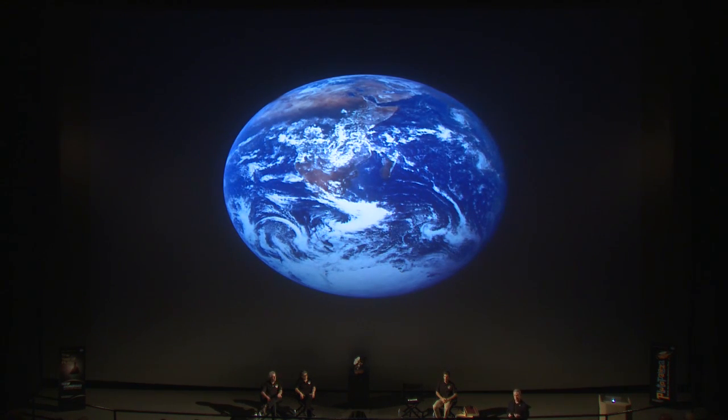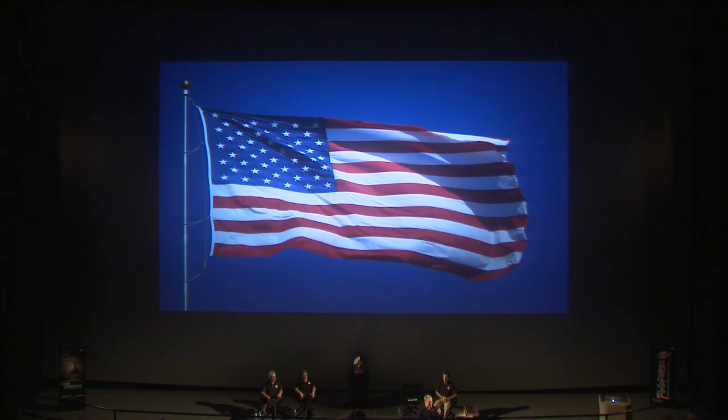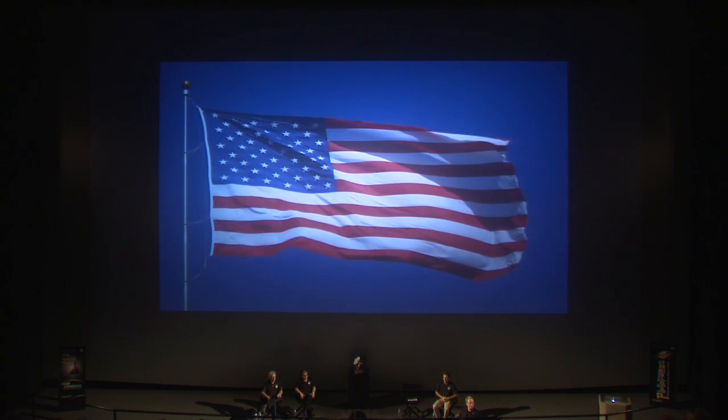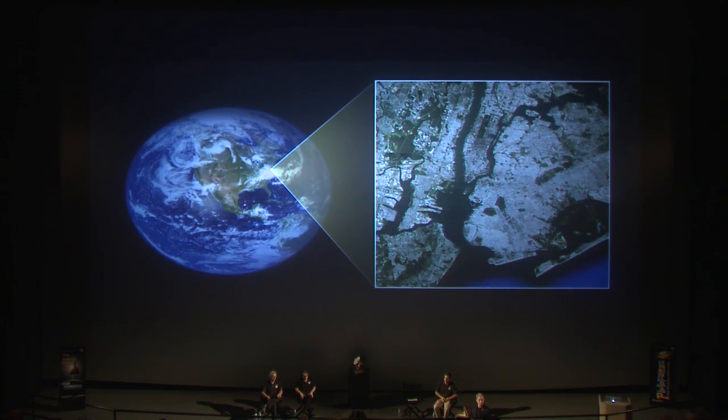Let me test you on this one more way to show you how poorly you can misinterpret. Take a guess. What are we looking at? Probably not what you guessed, right? At the same resolution, the American flag might just as well be the planet Mars. And yet with New Horizons, we're going to bring the long eyes of our long-range reconnaissance imager to bear. That instrument will take pictures of Pluto as good as that picture of the Earth by the middle of July,